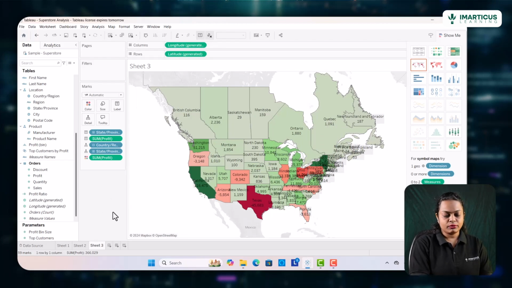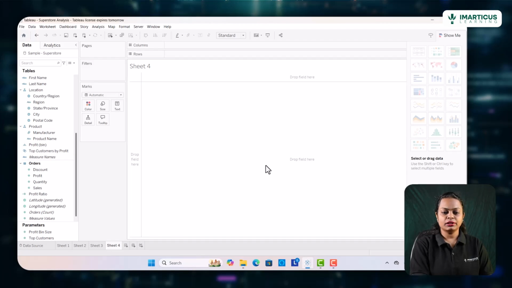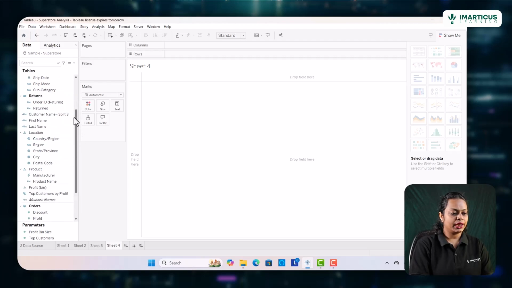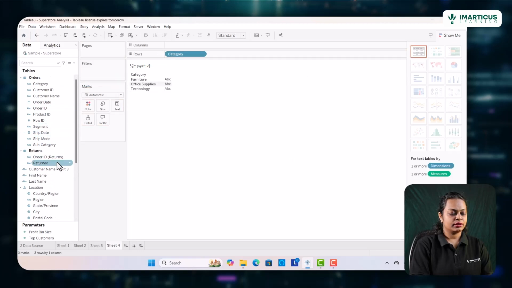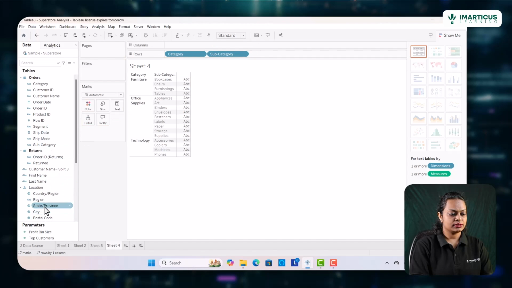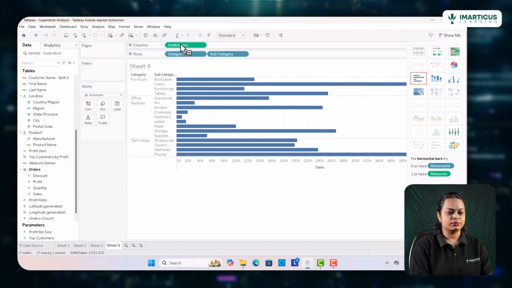The next topic that we'll move on towards is some other types of visualizations. Let's say I want to work upon a graph where I am trying to look at the category and the subcategory wise sales. So let me drag the sales variable as well into the columns. So this is a very simple